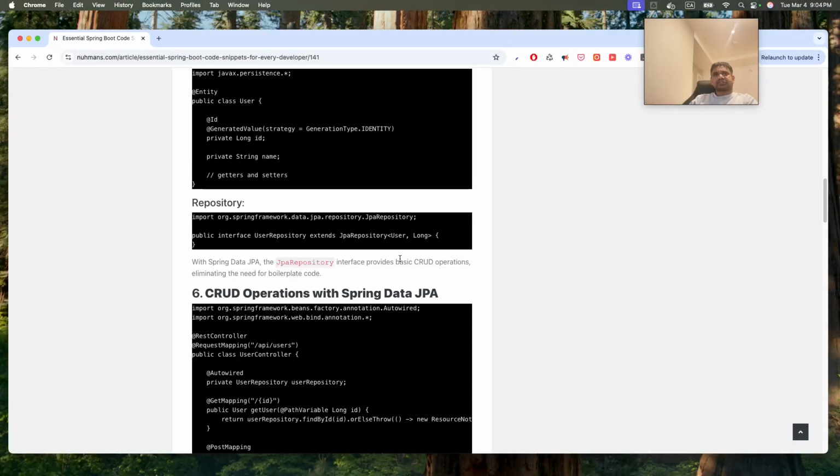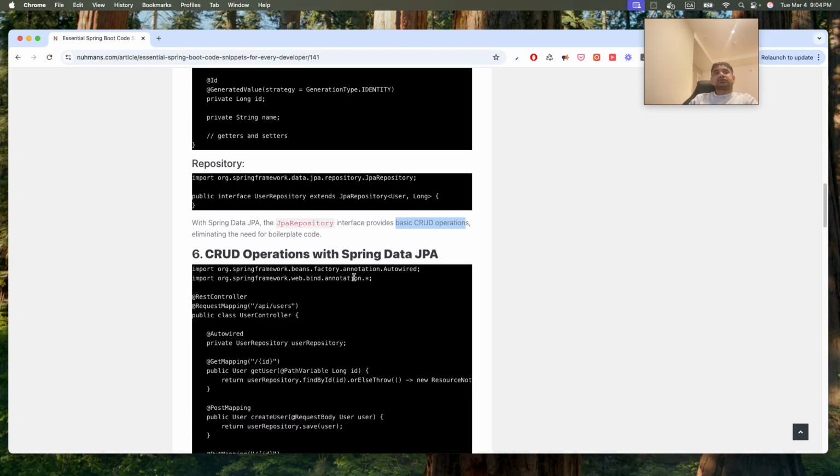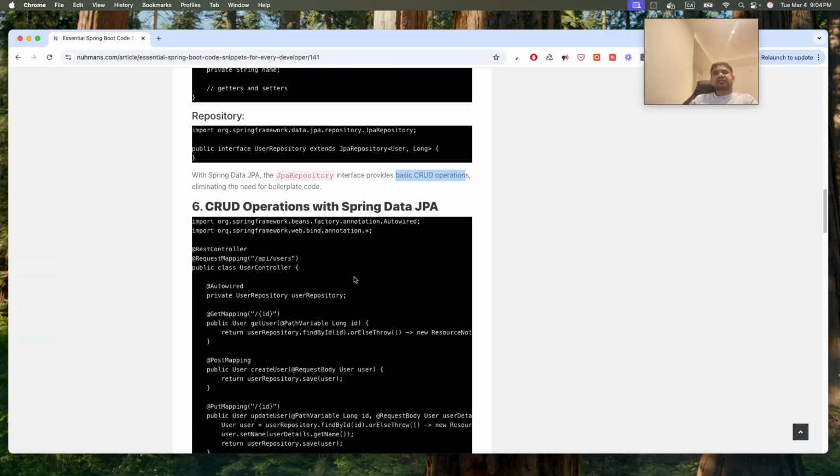Basic CRUD operation. So they are saying it only covers basic CRUD operation. The remaining you need to take care of. So, CRUD operation with Spring Data JPA. Here we have a REST controller, and in that REST controller you have a user repository that we defined here,